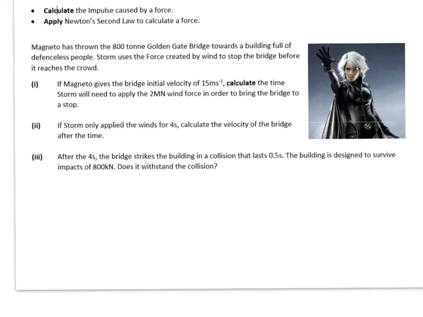So we've got a question about Storm. So we've got the scenario. We've got Magneto's thrown an 800-ton Golden Gate Bridge towards a building full of defenseless people. Obviously Golden Gate Bridge is full of metal, so he can throw it. And Storm uses the force from wind to stop the bridge before it reaches the crowd. So Magneto gives the bridge the initial velocity of 15. So essentially the initial momentum is